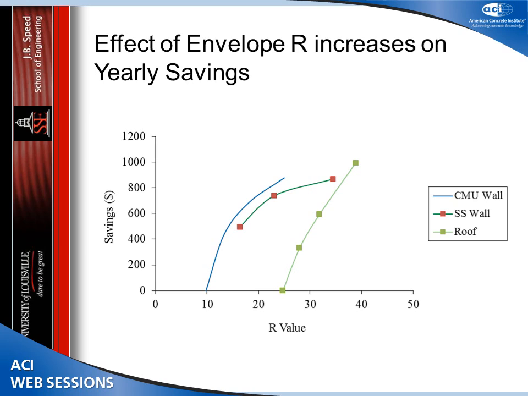It is true that adding insulation reduces energy use. But if you look at the energy up here, these are the savings on a yearly basis. These are the R values. If you double the R value, and in this case it's the CMU wall, you'll see first there's a tail off after a certain point. And that tail off has been documented. It's been confirmed by a lot of tests and analysis done by Oak Ridge National Labs and others. And in fact, some of the first work that was done in ICF systems recognized this particular tail off.